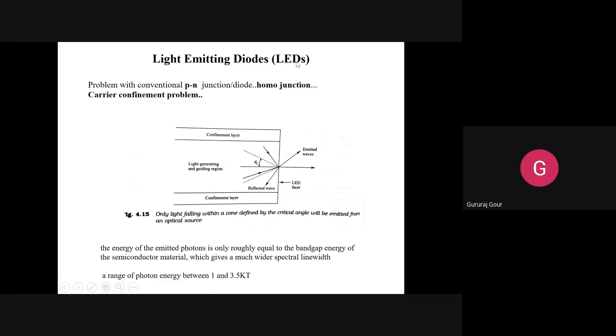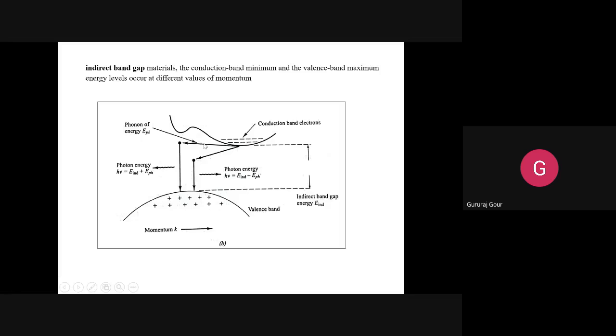The light emitting diode is based on spontaneous emission. If you look at this, the electrons fall from the conduction band to the valence band. We want more electrons to jump here, but because of their low momentum they will not jump on their own. For that, we need the help of phonons. Phonon energy E_ph will be there. These phonons will contribute energy to these electrons, and they will liberate it and jump here.